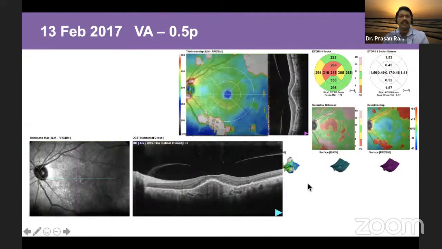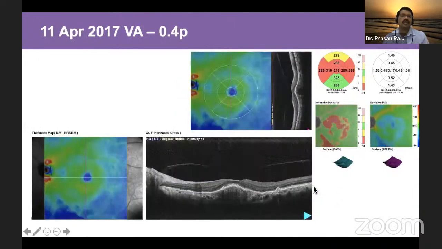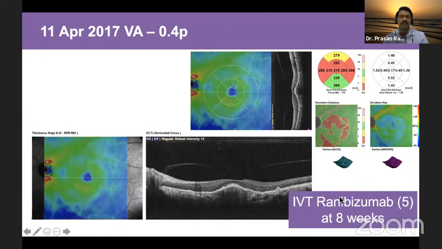She was followed up at 6 weeks as per the treat and extend protocol, and you can see the macula is still dry. So at this point of time, another injection was given, and she was asked to come at 8 weeks follow-up. Though her vision dropped a little bit, because there was no fluid and the retina was dry, we decided to continue her with the injection. So now she was given an injection, and this is at 8 weeks since the previous one, and asked to come at 10 weeks.